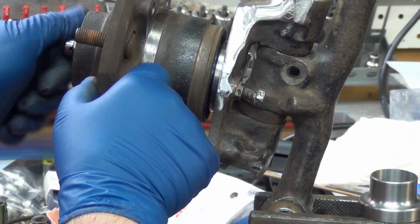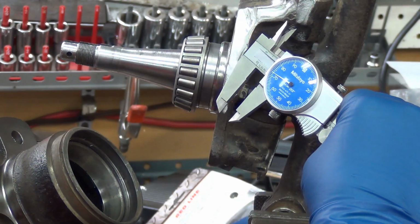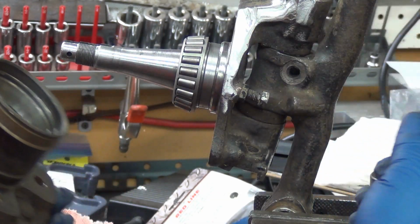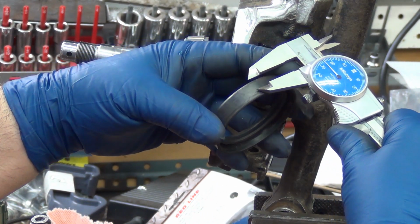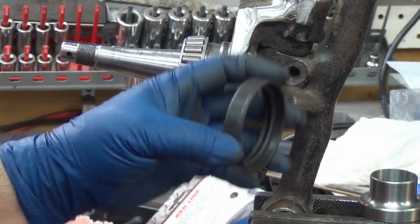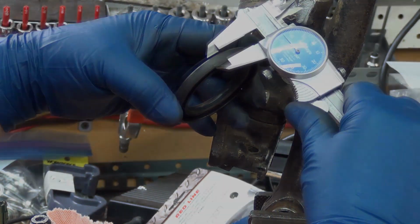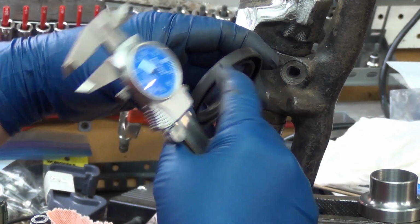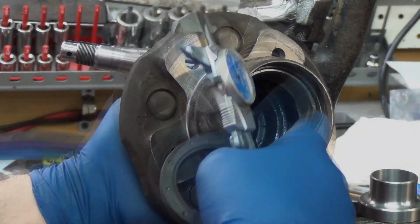I have to check that other wheel seal. Part of the reason is the distance the seal will go in here is 3/8 of an inch. This seal is too big. It would be sticking out the back there. And this seal doesn't have the right diameter anyway. So what I'm hoping is to get a seal more like this, because then when it's pushed all the way in to the lip there, the ridge,